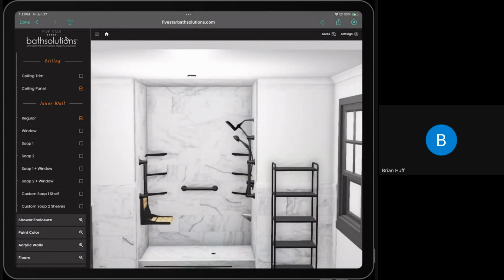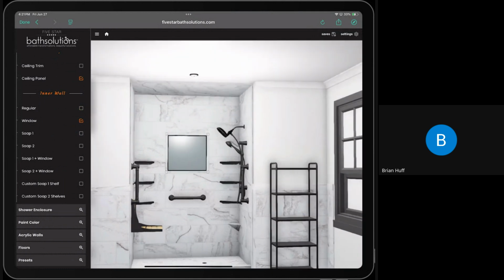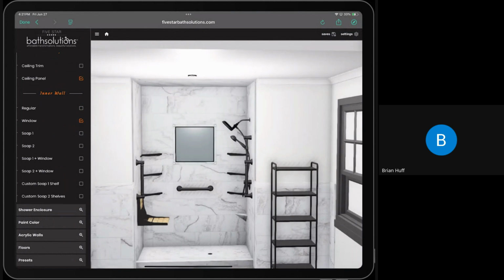And then on the inner wall, we've got some options. For instance, their window. If there's a window in the shower, we want to show them, here's what it would look like. Kind of looks like we're installing a TV. And here's what I was talking about. We can't show them a soap dish and a bar and a window. We could show them a niche and a window. Okay. Custom